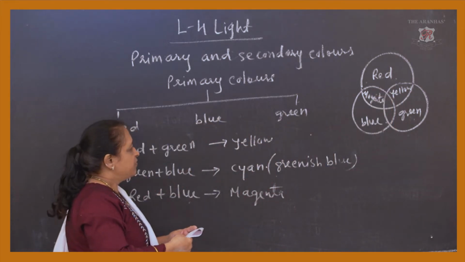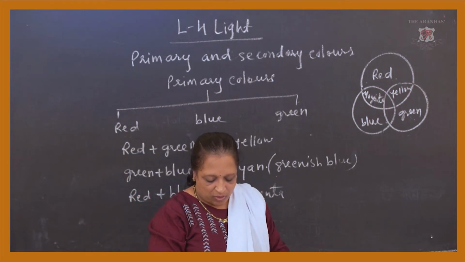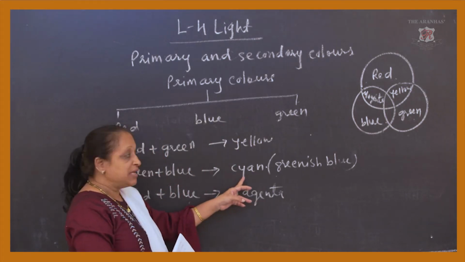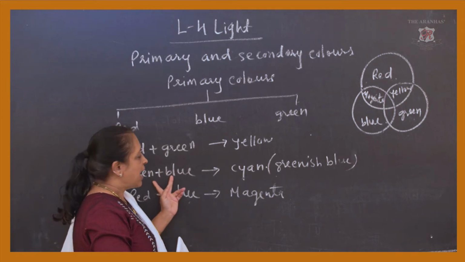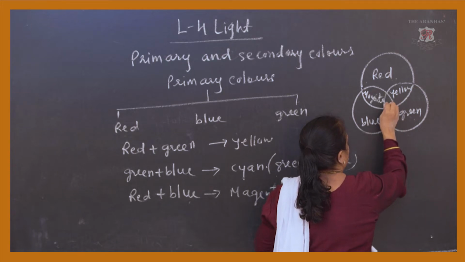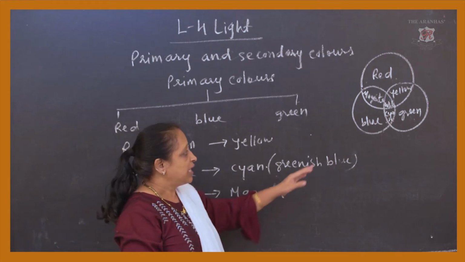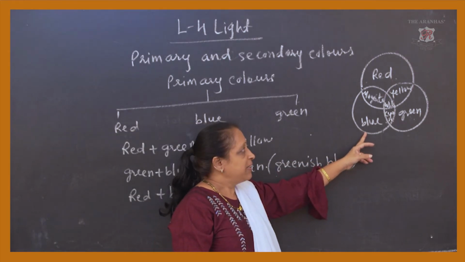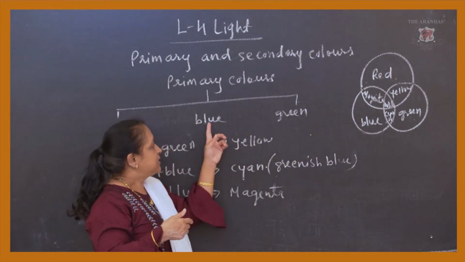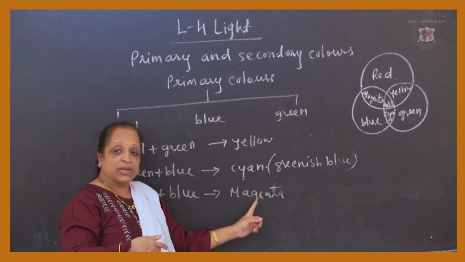Now next combination we are having, in your textbook as it is given, see yellow we have got, magenta we have got. Now next we are having the last one, that is the greenish blue, which is a combination of green and blue. So here we are writing the effect of it. So the diagram which has been drawn in your textbook in this manner is showing you, when we are having the combination of these three colors, that is red, blue and green, we are having the effect of the combination in this manner.